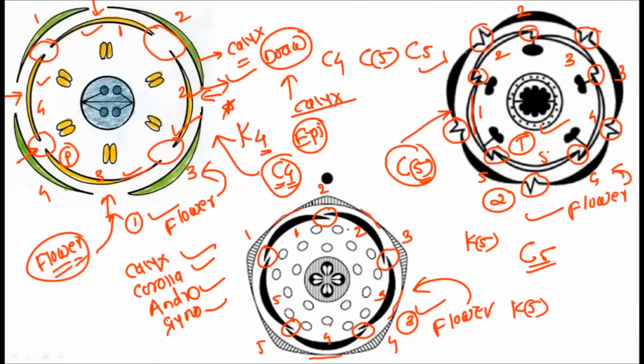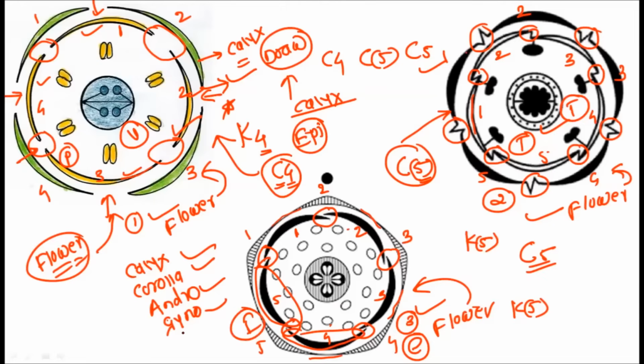So this is how accordingly the flower changes, the floral diagram also gets changed. Depending upon how the flower is there, there will be the complete diagram of the floral whorls, right? That is the floral diagram. So here we have the C5 condition, and this is not fused, and this is showing the imbricate type of aestivation. That is, one petal is completely outside while another petal is completely inside. So imbricate type of aestivation is here. So for the corolla, here we have the valvate aestivation, here we have the twisted aestivation, and here we have the imbricate type of aestivation.